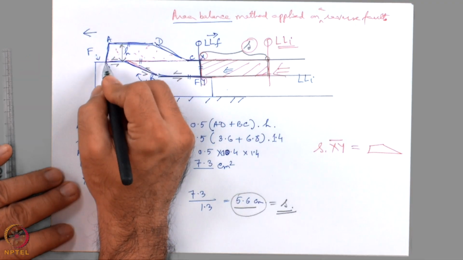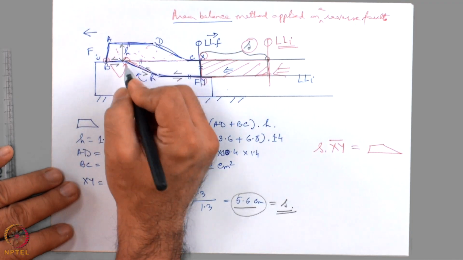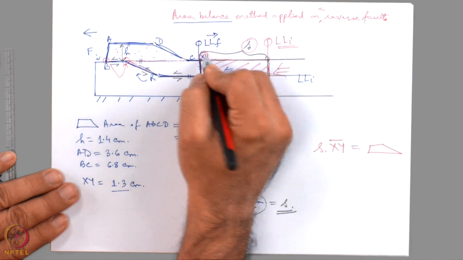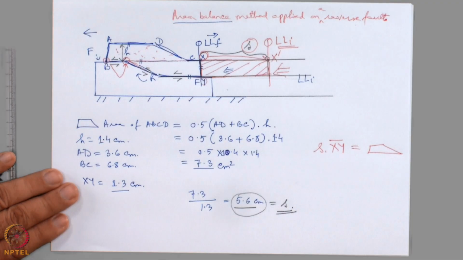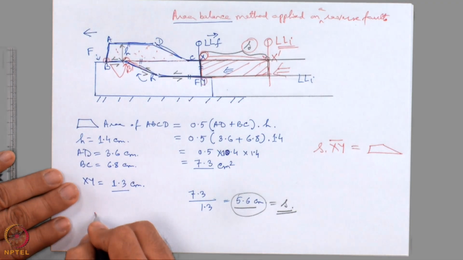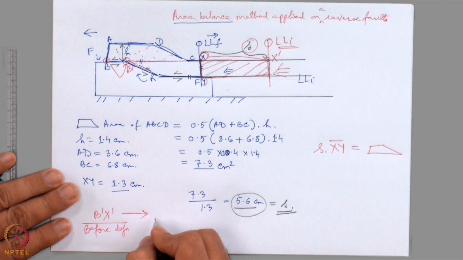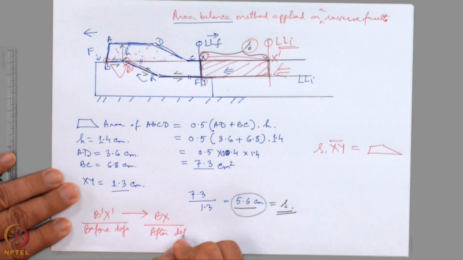We have considered this point B was initially at this place before deformation, and this point X before deformation was here as X dash, which means the line B dash X dash before deformation has transformed to line Bx after